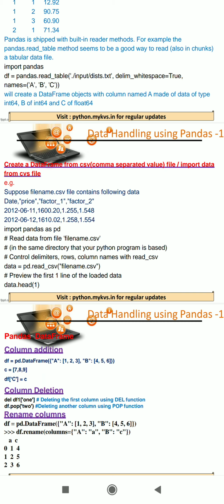If this file exists or you have created it, you just have to call the method read_csv and mention the complete file path along with the file name, and it will read the data into a data frame object. If you display the data, it will be displayed in different columns.